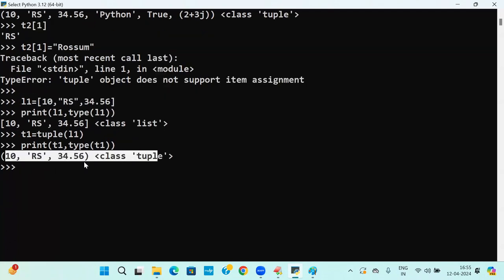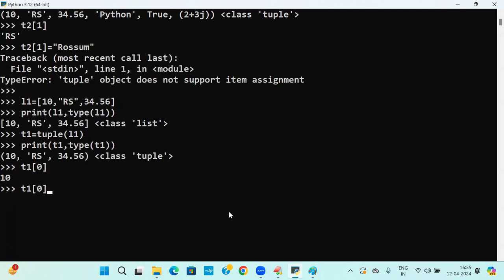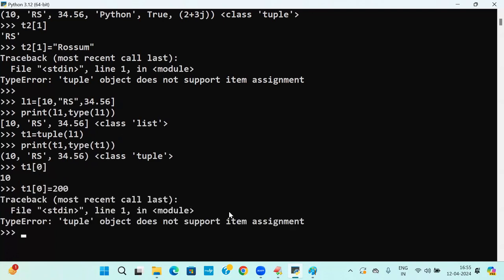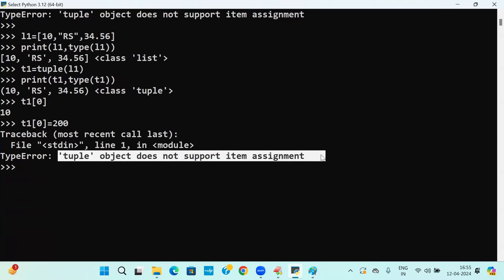This is a tuple. No changes can be done. T1 of 0 is equal to 200. Tuple object does not support item assignment. It is called the immutable property. Are you able to follow? Next up,